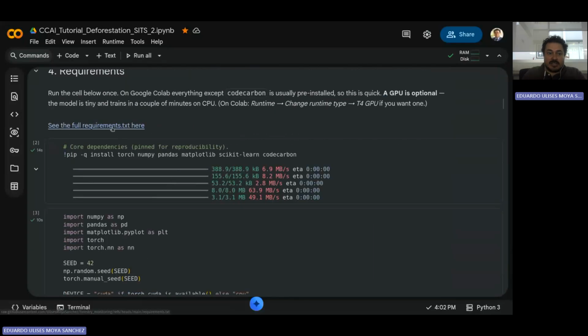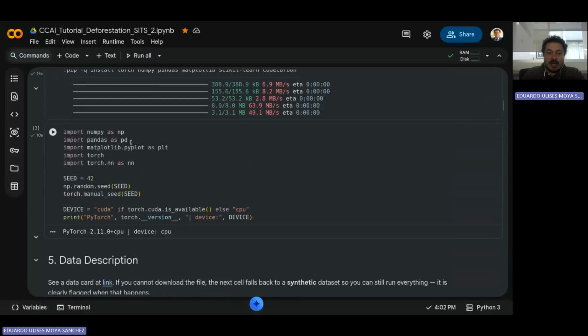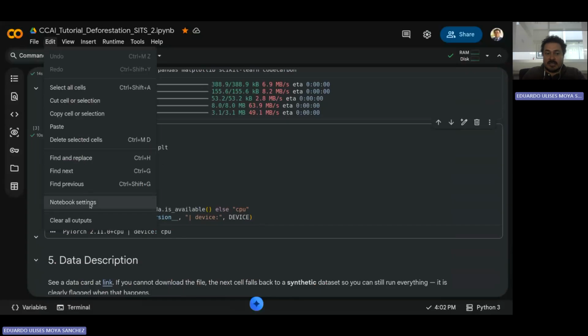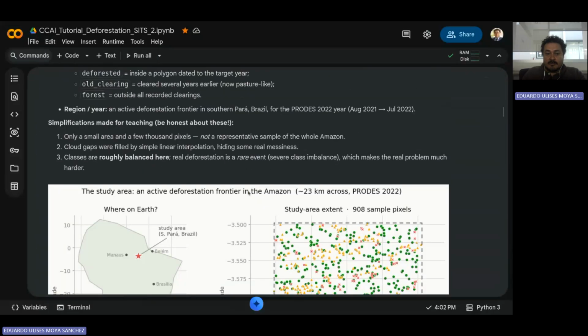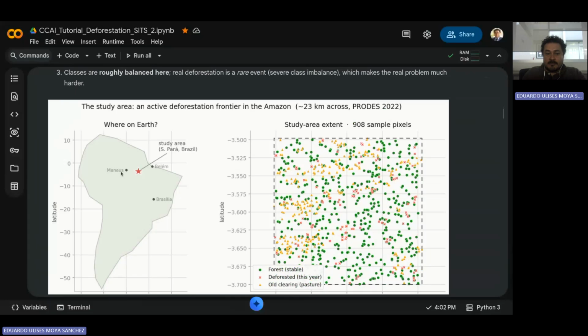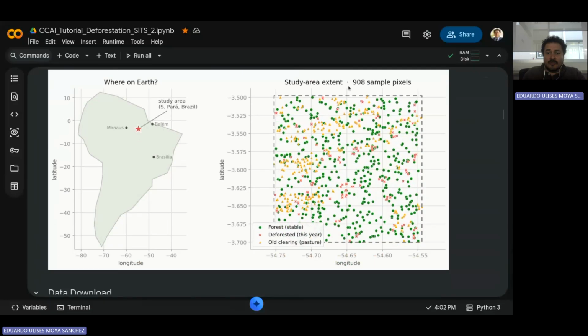This is the requirements. You can check here the full list of requirements, also the repo. Of course, I ran this before. We run with CPU, but you can change here in the notebook settings if you want to use GPU for this example. We have this data around this area. This is the size of the area that we study with only 980 samples or pixels, and we have three classes: forest,